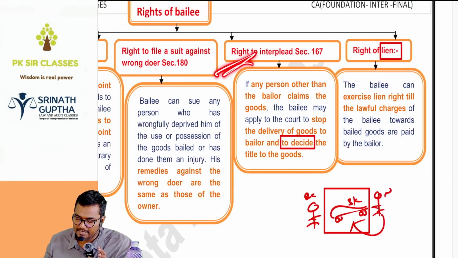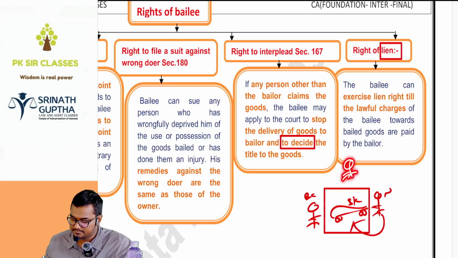And right to be interpolate. Interpolate means injunction. If any third party is claiming the goods, so Ramcharan is giving the car to